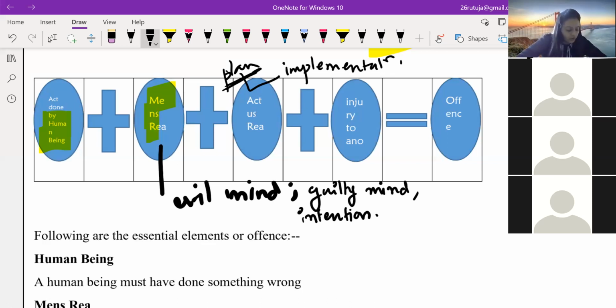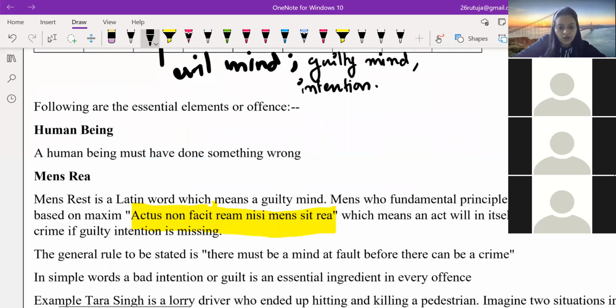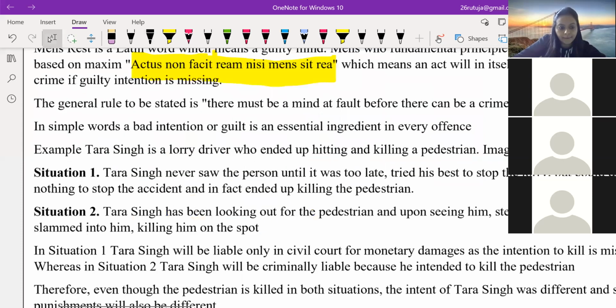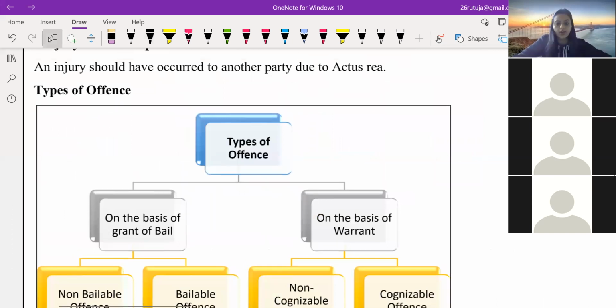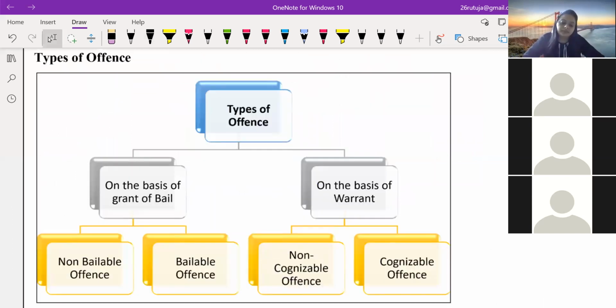Now I want you all to read that particular page in detail. ओके, उस डायग्राम के नीचे ये जो पॉइंट्स दिए हैं, I have already explained it to you. So now you will just read it and then I am going to continue with types of offense. Okay, I am giving you 5 minutes. It is 8:05. 8:10 तक मैं आपको टाइम दे रही हूँ. 8:10 को मैं टाइप्स ऑफ ऑफेंस वाला पार्ट स्टार्ट करने वाली हूँ. ओके, सो क्विकली रीड इट.